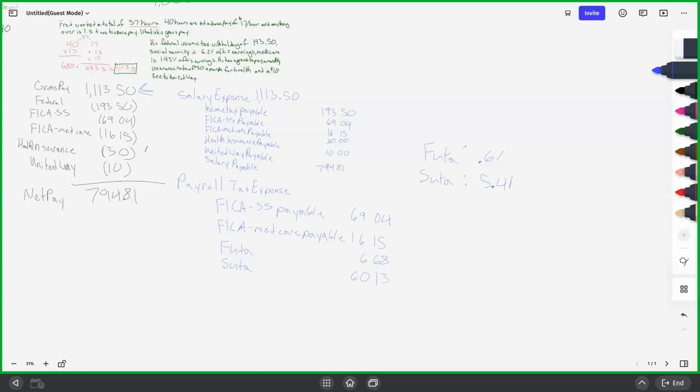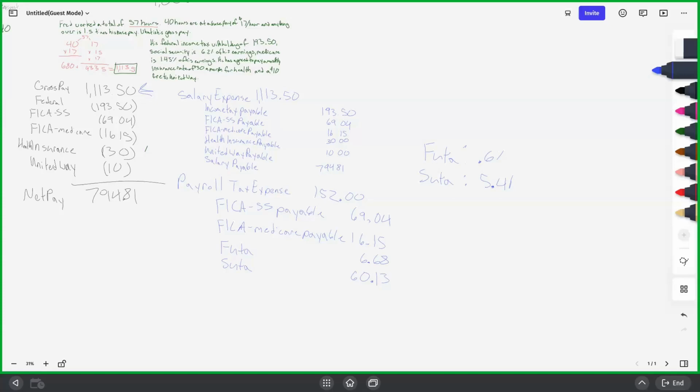Did you multiply those by the gross pay? Yep, you multiply those by the gross pay. Let's say that's 60.13. I still have to say I do need to know this because of the future. Yep, as an accounting major, you will need to know this.